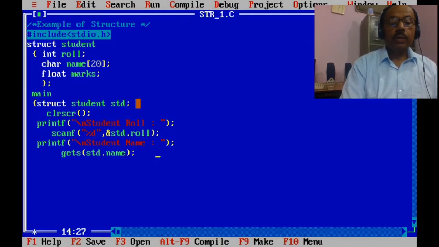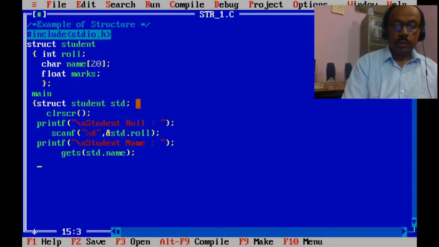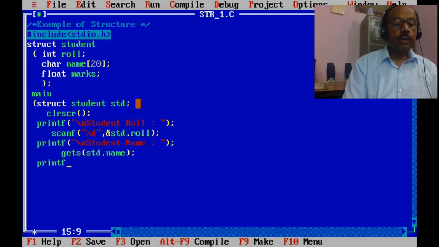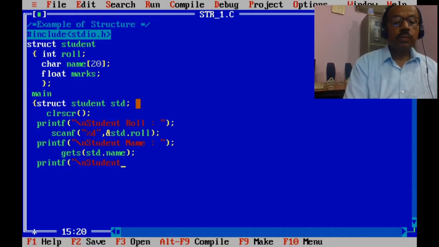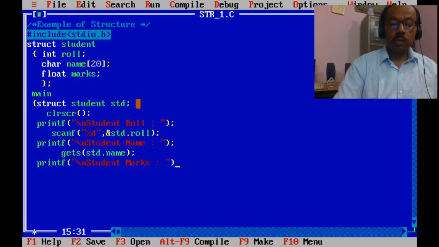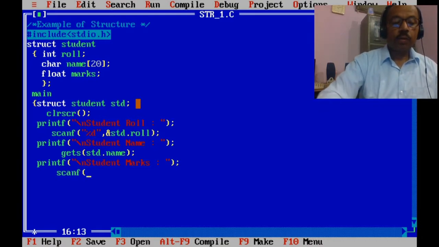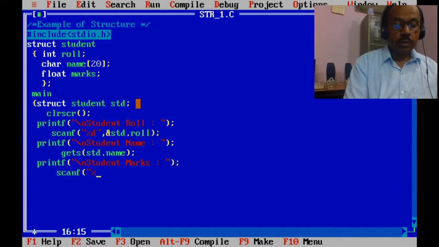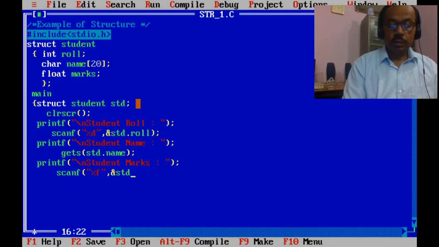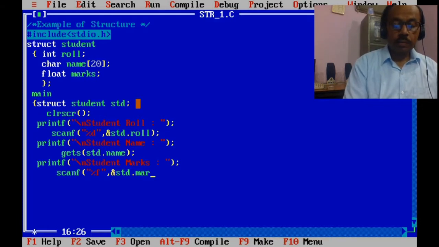The label to enter marks is printf "student marks", scanf %f, &std.marks.